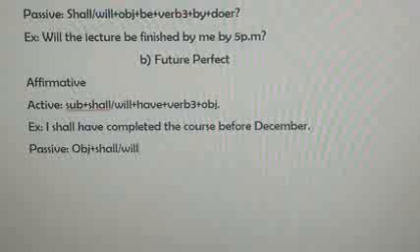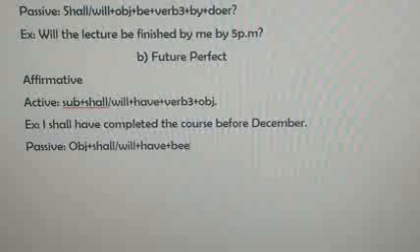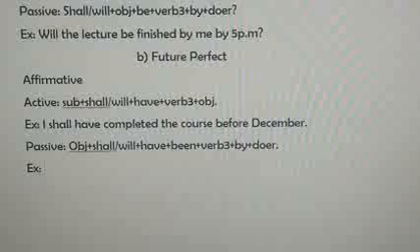Then I will add have, and then been. Then, we already know the third form of verb will be used in passive voice. After that I will add by and place the doer. Now let's see the correct conversion of this example.